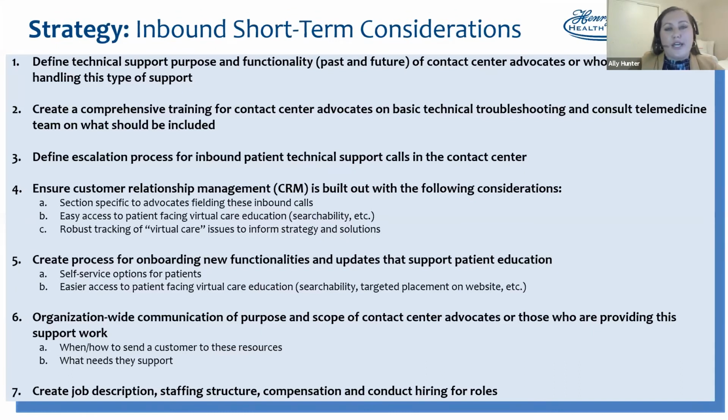Or maybe you take 2 of the 7 things that make sense for your organization, depending on the size or the structure and what you have laid out for your telemedicine department or your virtual care department. So, from a strategy standpoint, if we're looking at inbound short term considerations, the first thing to focus on is